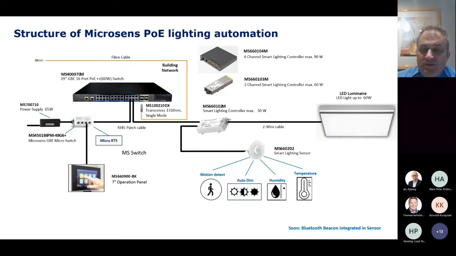So you see you can combine an existing fiber to the office architecture delivered with the micro switches from Microsens, and you have in the background or the backbone a multi-port PoE switch to deliver data and power to the smart light devices. So what is also important is that on this micro switch where you run your automation platform, you